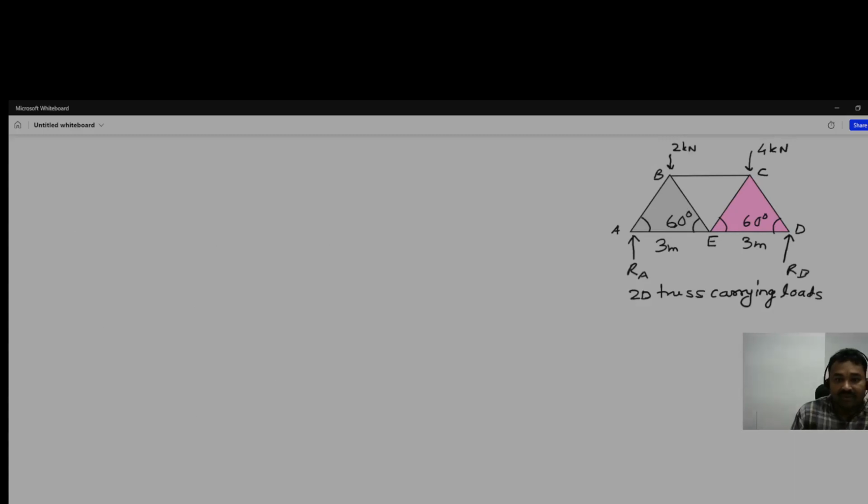So now coming to joint A, here applying equation of equilibrium,